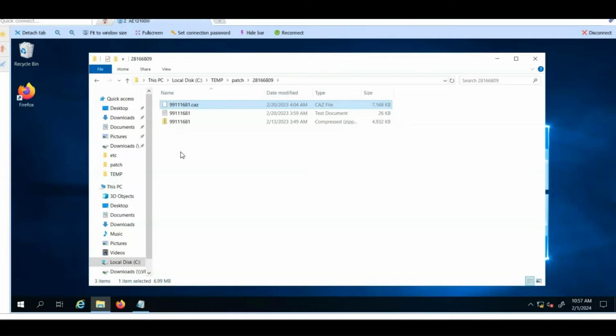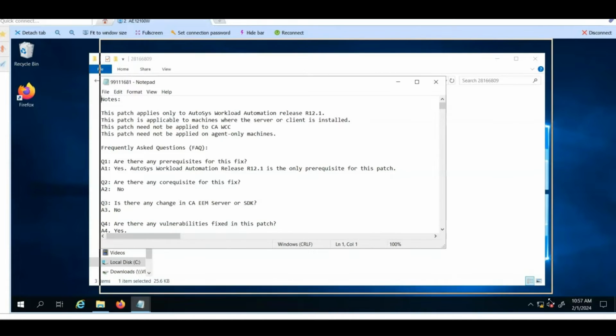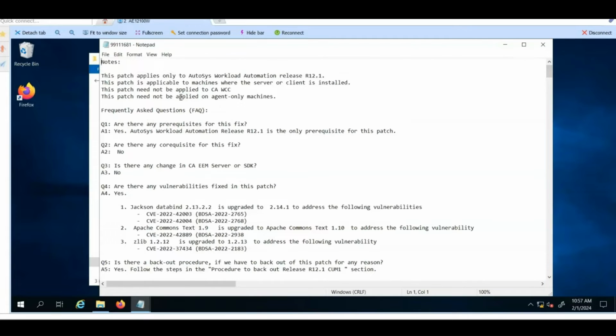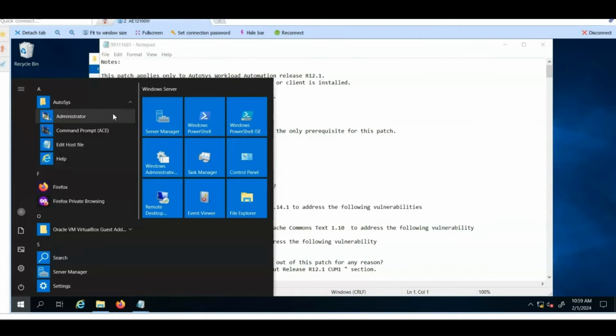We are going to apply the fix to the server. Before starting the installation, it is important to read and fully comprehend the instructions. We will follow the steps mentioned in the instructions one by one to apply the fix. The document first mentions that this fix is for Autosys version 12.1. Let's check which version we have installed. We open the Autosys administration command prompt